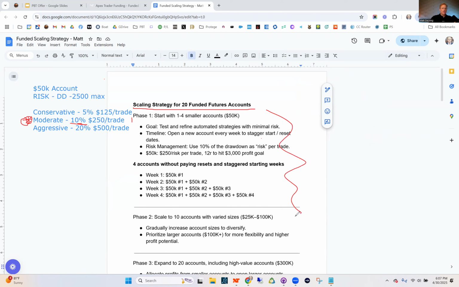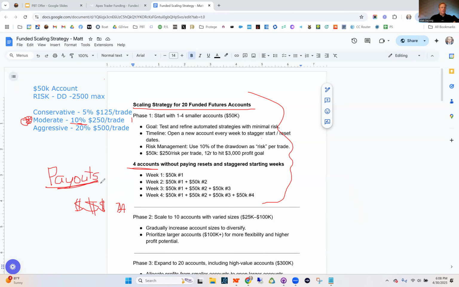Okay. So that's kind of what we recommend for getting an account funded and using the scaling strategy. And this is what we refer to as phase one, right? This right here is phase one, which is getting up to 4 accounts funded. And the idea is once you get that account funded, then these become PA accounts. PA is performance accounts. And then you're eligible to request money. You're able to request withdrawal dollars coming into your checking account, your savings account, whatever. You're able to request what they call payouts,